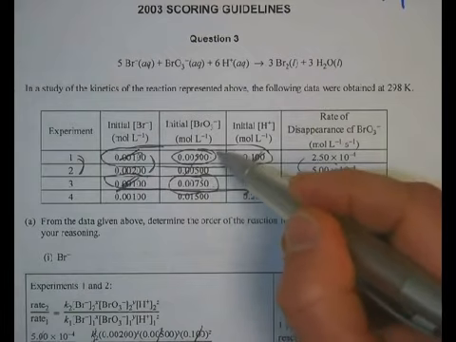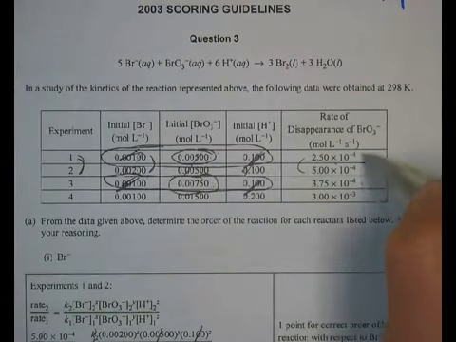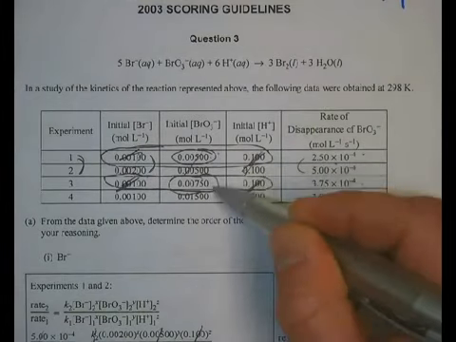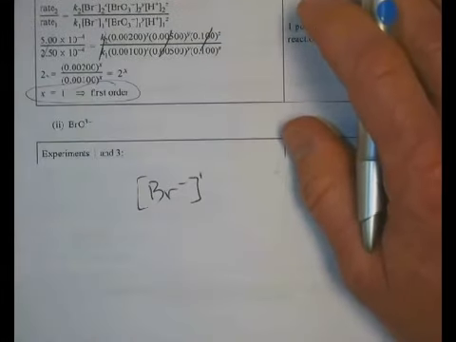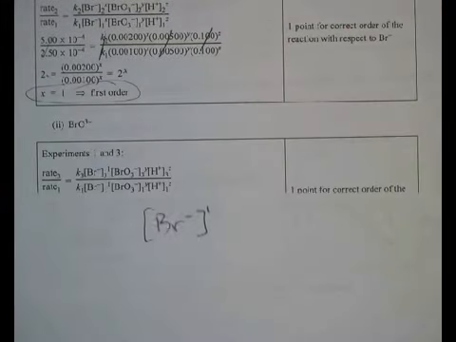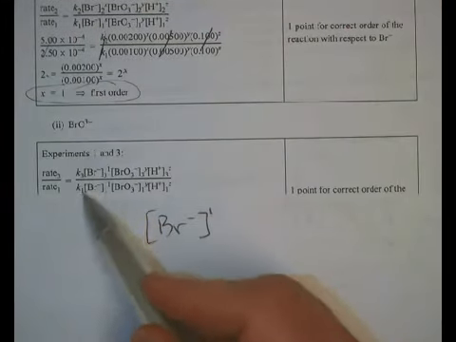So you'll also notice that the rate of disappearance, or the rate of the reaction, goes up by taking like half of it and adding it to it. So it looks like the rate goes up by the same amount. But here's the mathematics of it. Compare rate 3 and 1. Put rate 3 on the top, rate 1 on the bottom,